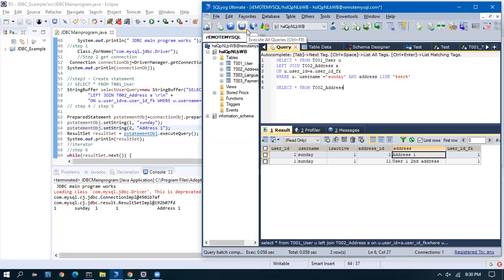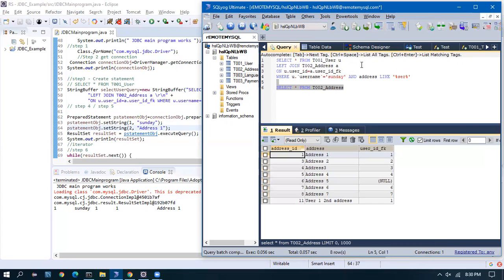T002 address. So here we are having 1, 2, 3, 8 rows. So I want to fetch the rows which is having 2 in it. The character or the letter 2 in it.